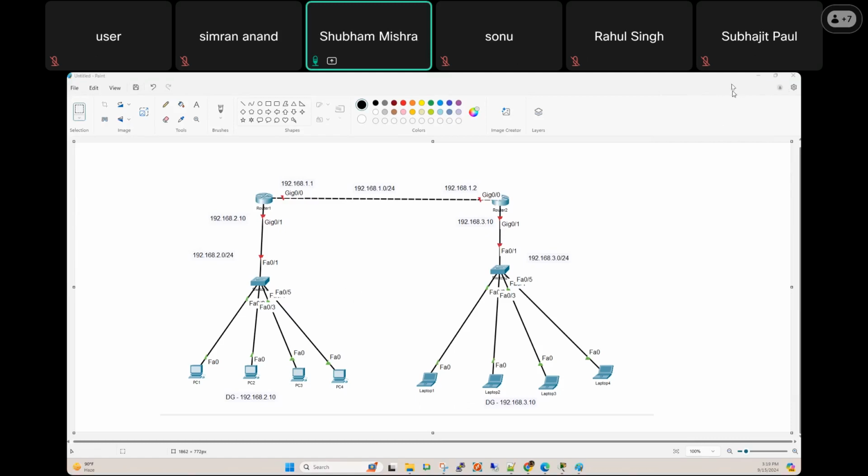Okay. So guys, in today's class, we are going to discuss static routes. Clear? So we have this topology. Okay, we have this topology. So guys, tell me one thing. Here we assign